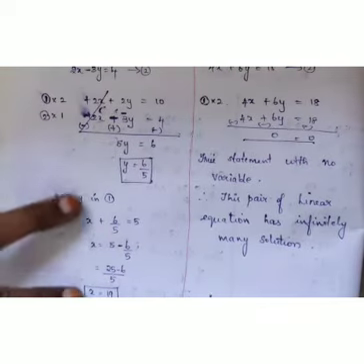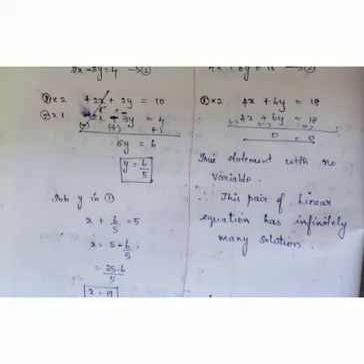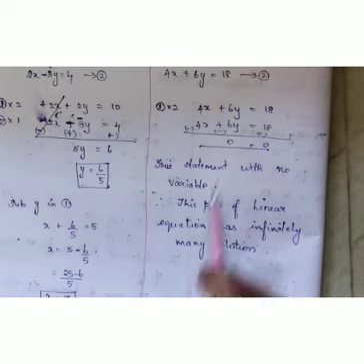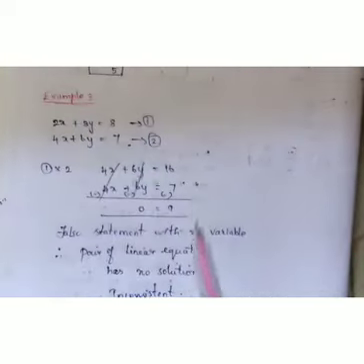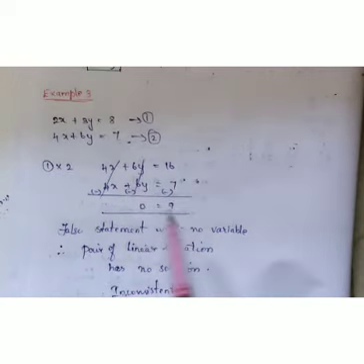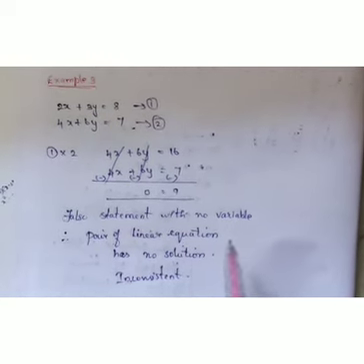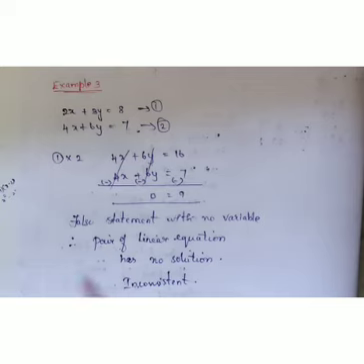See here, in the elimination method, a unique solution gives an x value and a y value. Infinitely many solutions: both sides are equal to 0 with no variables. No solution: these two are not equal, a false statement with no variables, so therefore it is inconsistent.